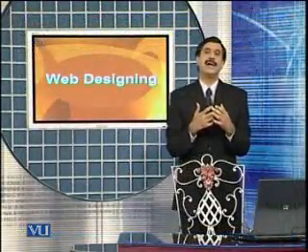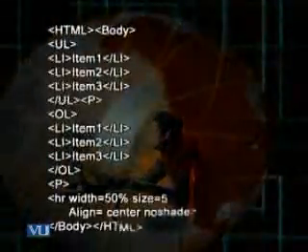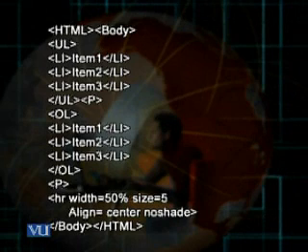Next, we want to see how can we create lists using HTML and how can we create horizontal bars, horizontal lines using HTML tags. As you can see in the slide before you, there is plain HTML code starting with HTML tag, then body tag.